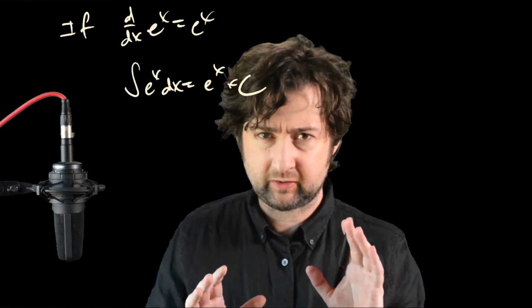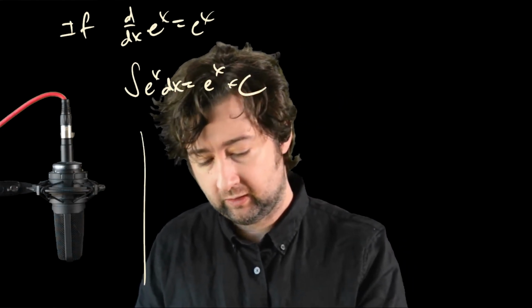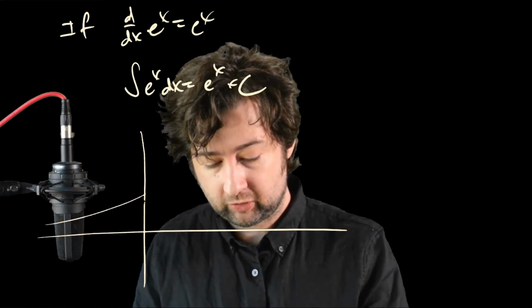Okay, so if we know that the derivative of e to the x is e to the x, that also tells us that the integral relationship holds as well. So if d by dx of e to the x is equal to e to the x, then it must also be the case that the integral of e to the x dx is e to the x plus c. And just for the sake of writing it down, let's remind ourselves what exponential functions look like. Generally, if you have a function that looks like this,